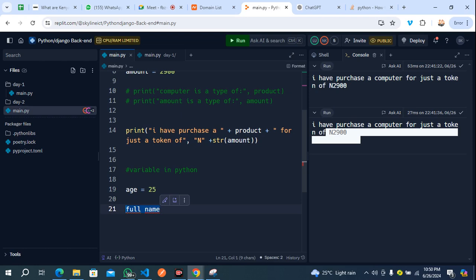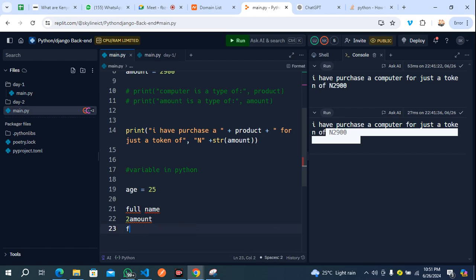Another thing, a variable cannot start with a number. This is not accepted as well in a variable, right? Then the variable can only contain alphanumeric characters. Now, variables are also case sensitive. So, variables are case sensitive, right?